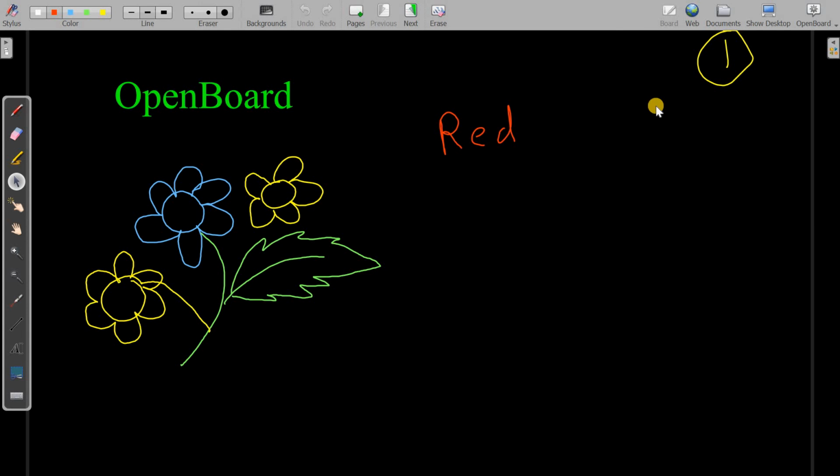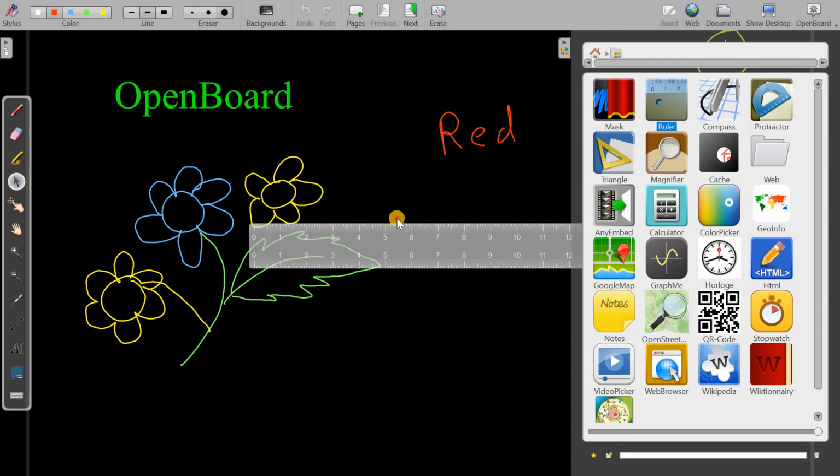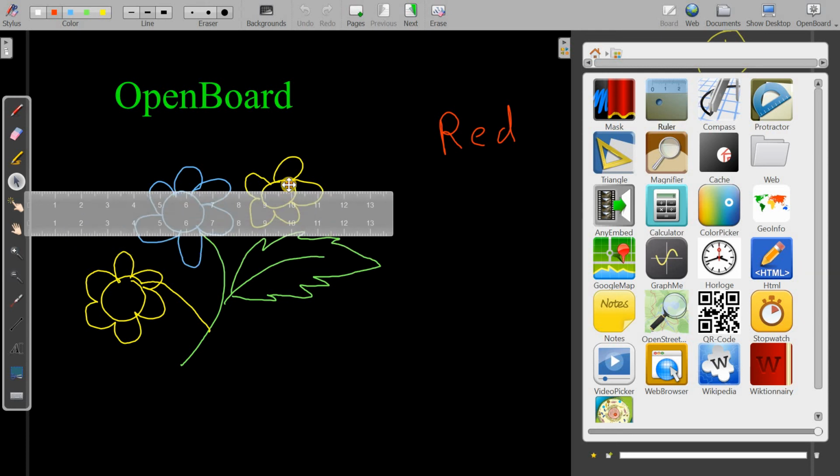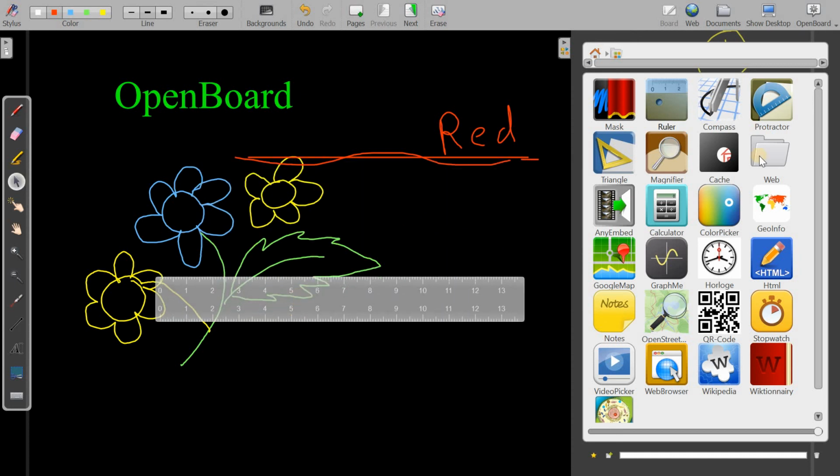Okay, I will show you one more thing that I forgot. Here, there is an additional application you are getting, like a ruler. It's not that interesting, but for those who want to use it, it's not like a whiteboard ruler that gives you a straight line, but here you get another tool for a straight line. Like this, so that you can do. Also there is a compass.